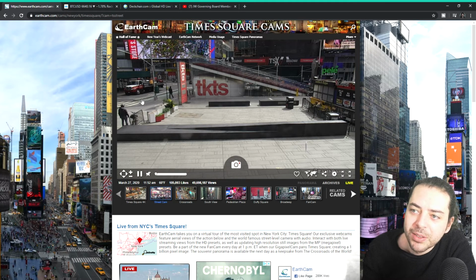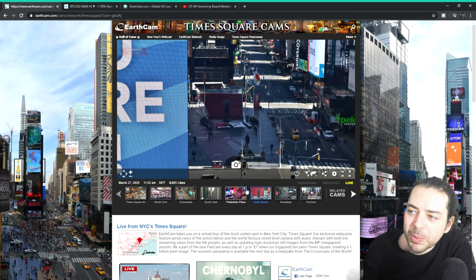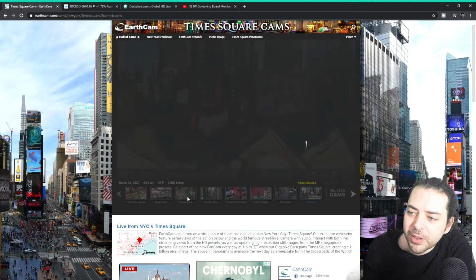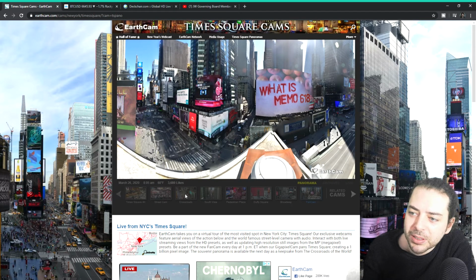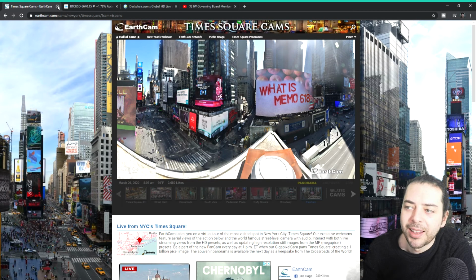There's one of those cool American trucks there. I say cool, but they also look garish and awful in any country outside of America, but what are you going to do? I think they're cool. But let's see, Duffy Square, which we were looking at a second ago on the YouTubes. Well, it's just dead currently. We've already looked at the big wide one. Here's the crossroads, if it'll let me click it. Anyway, it won't let me click it, whatever. You get the point, right? This is not what we expect to see. This is not what we wanted to see ever in New York, ever. And here we are, and it's happening.